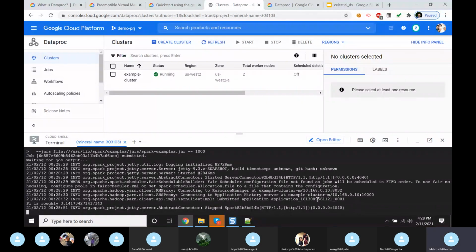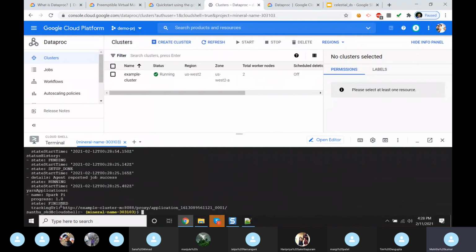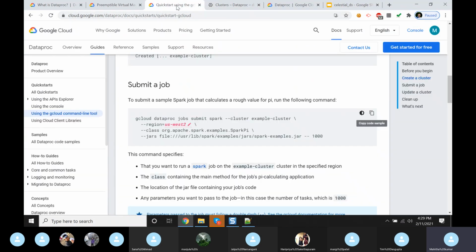He was able to see the value of pi here, 3.14. So we have created a job. Now we will update it.